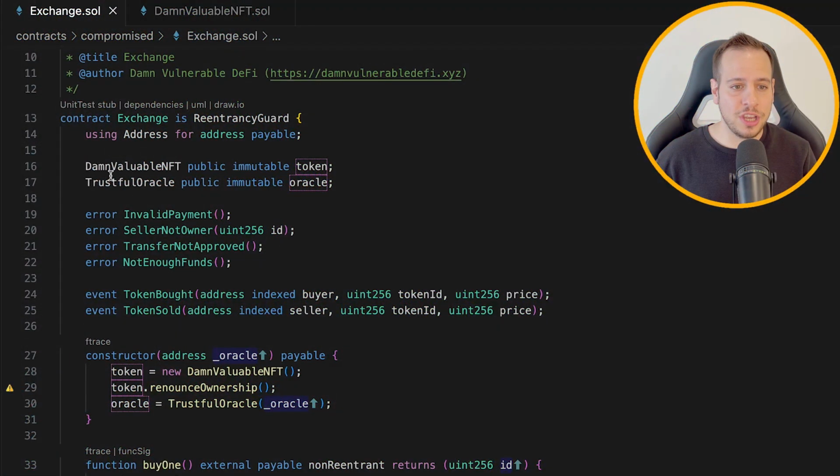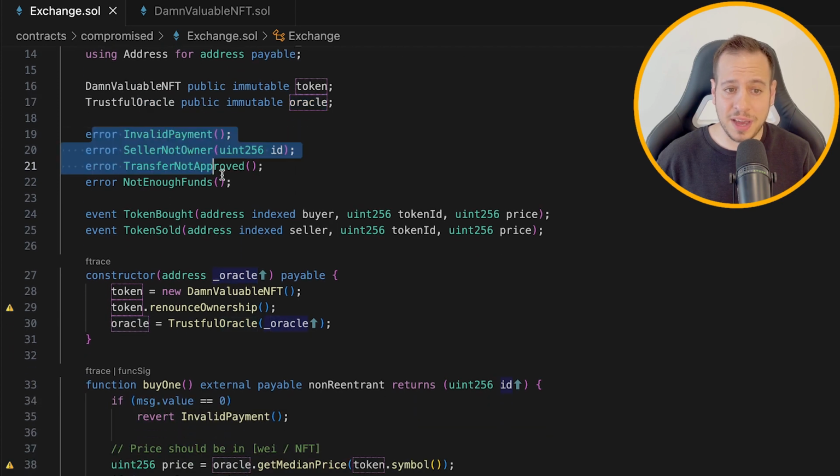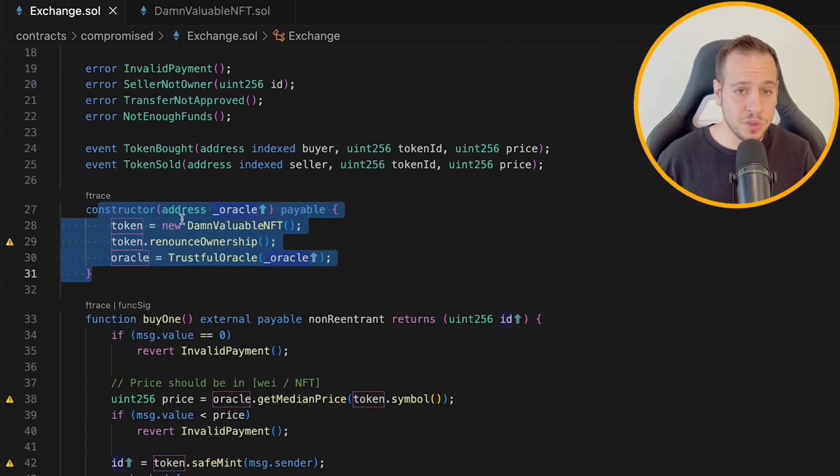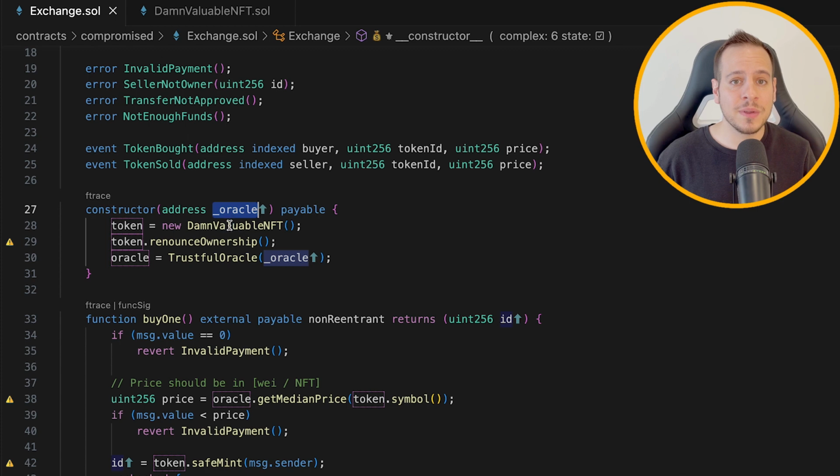Going back to our exchange, we have here the token and the oracle, and we define some errors: invalid payment, seller not owner, transfer not approved, and not enough funds. We raise 2 events when someone buys a token or sells a token, and in the constructor, we do a few things. We receive the oracle address,